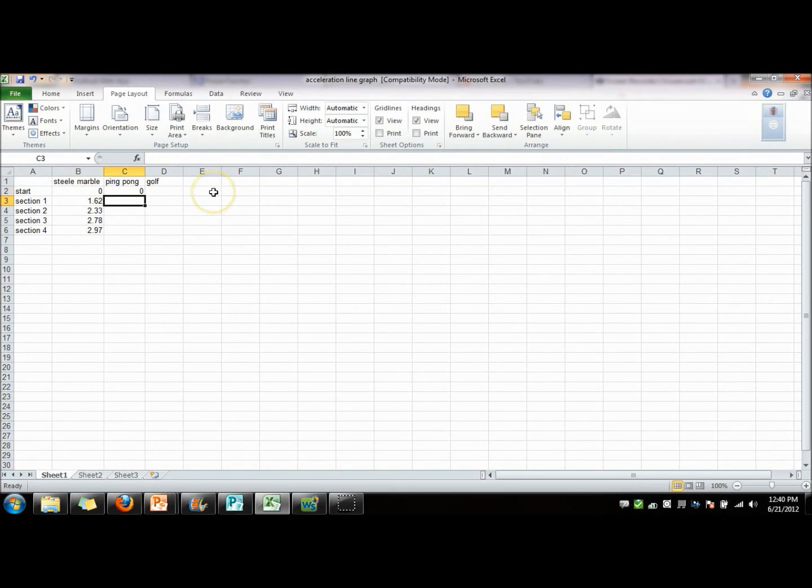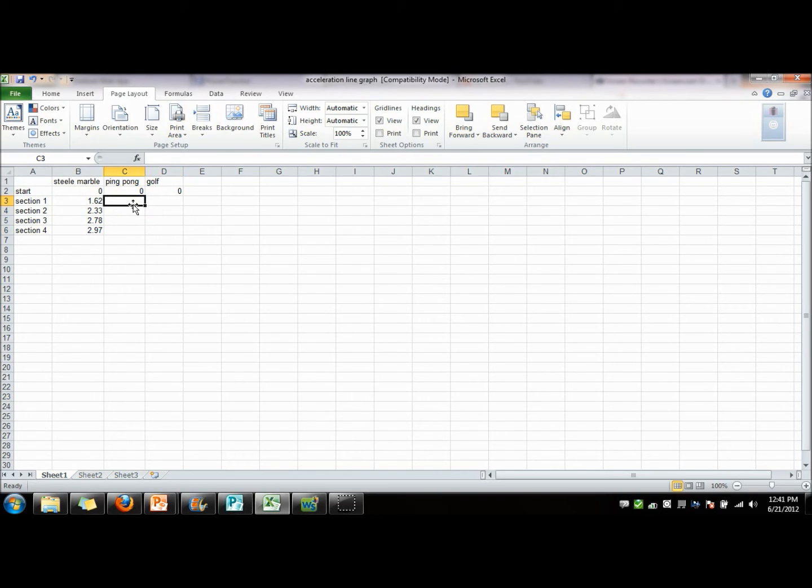Starting with the ping pong ball, remember the starting point was a speed of 0, and the golf ball was also a speed of 0. You need to put in the information that you calculated, rounded to the nearest hundredth, in the 4 spaces for the ping pong ball and the spaces for the golf ball. I'm not going to do those for you, but I will go ahead and show you how to turn these